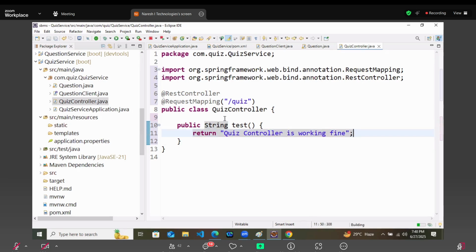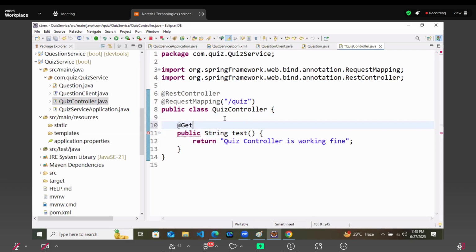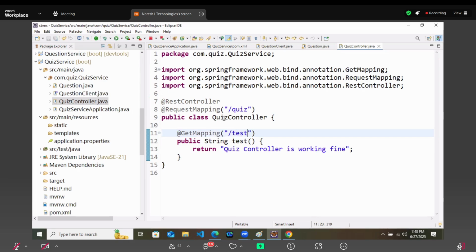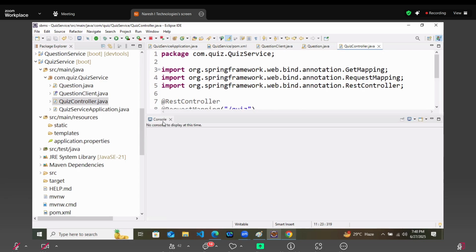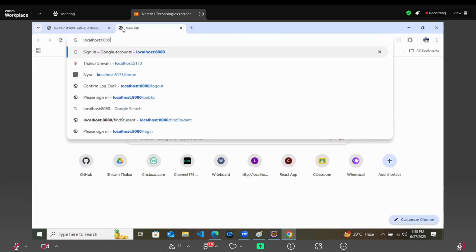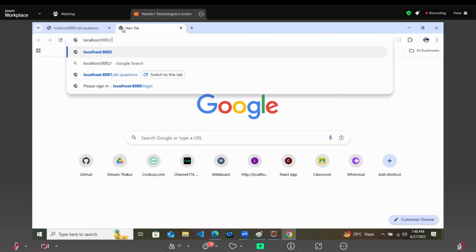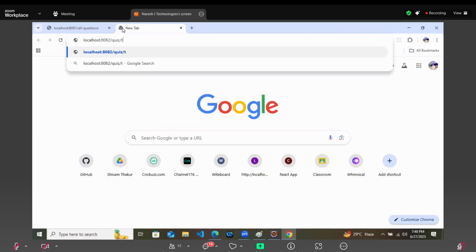Okay. So we'll just check it and it will take the mapping of /test. And that's it. Let's check it. We'll hit localhost:8081/quiz/test.